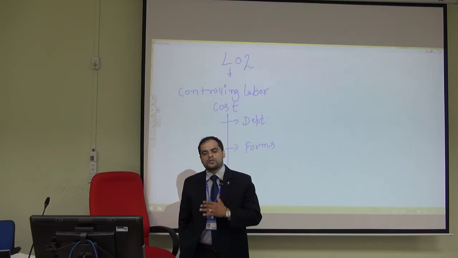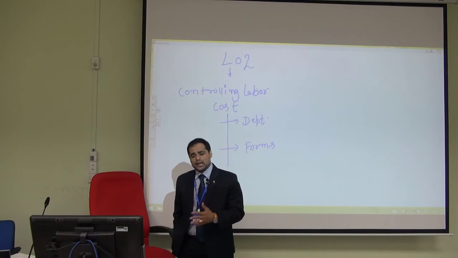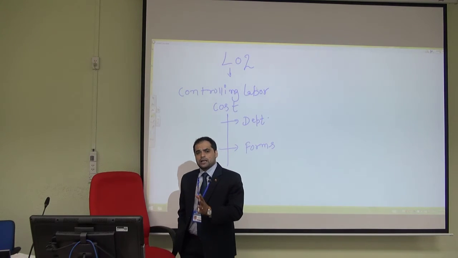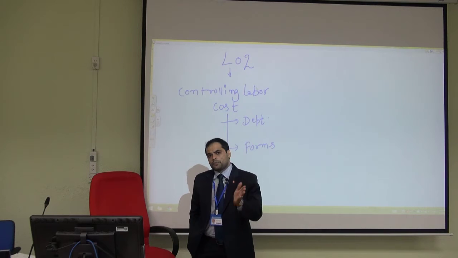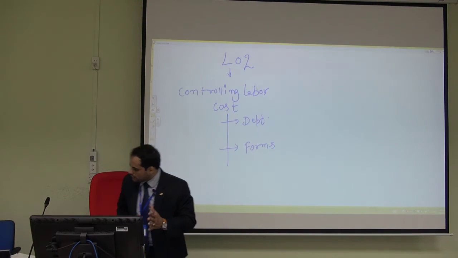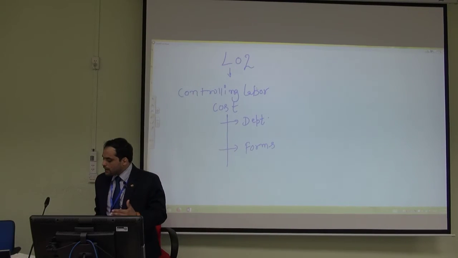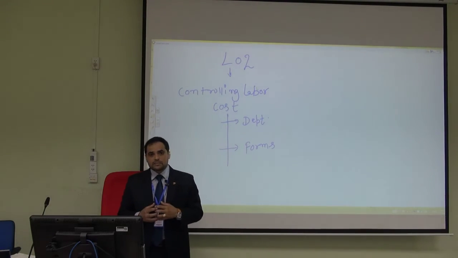How many hours the worker works, what time they start, what time they finish, break times and all that. Everything will be kept by the timekeeping department. And another department involved is the payroll department, which is responsible for